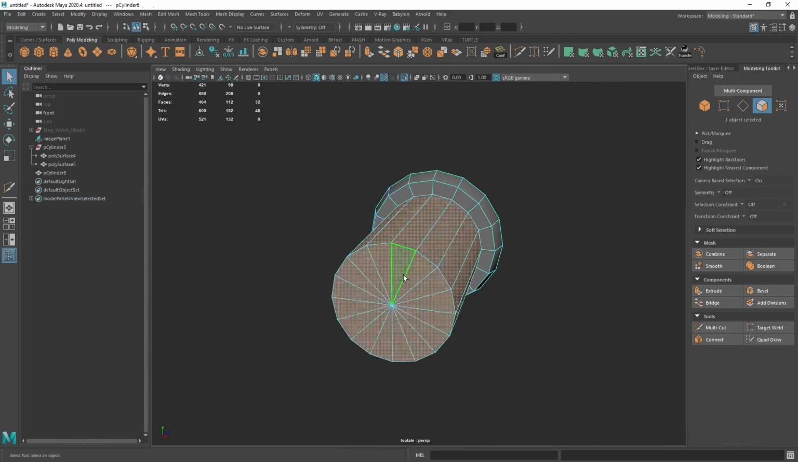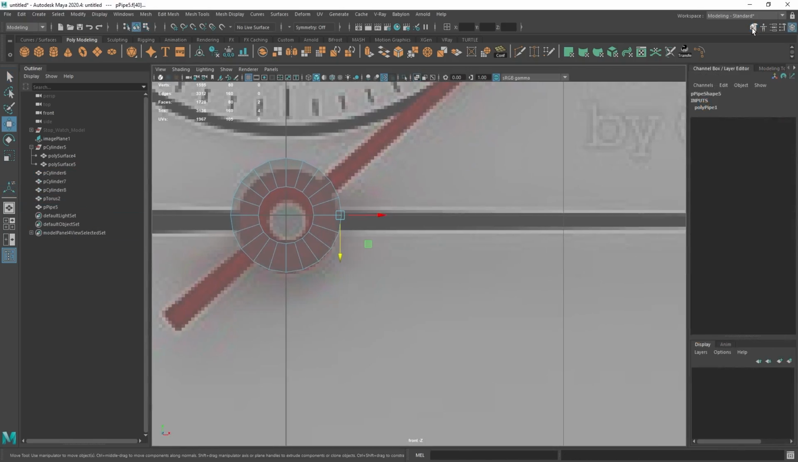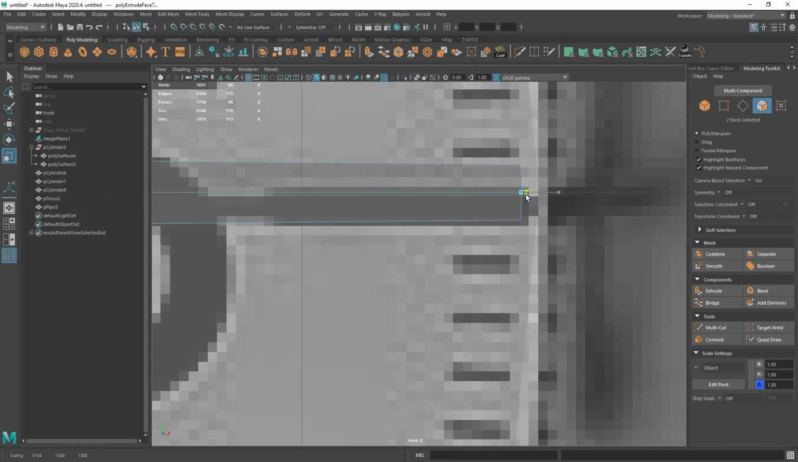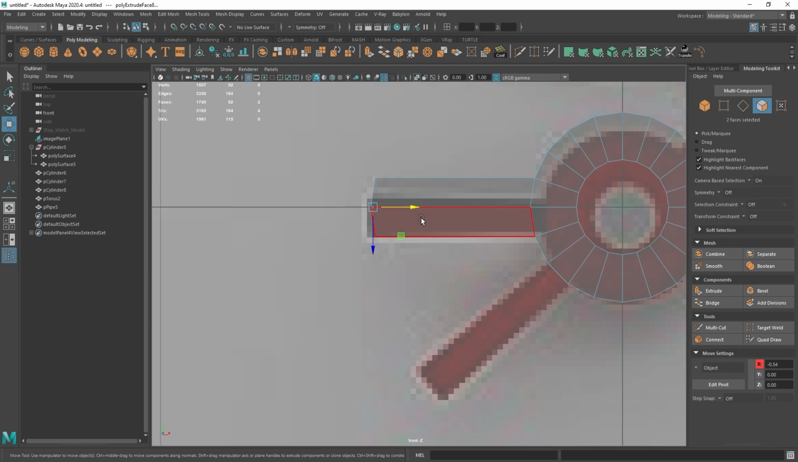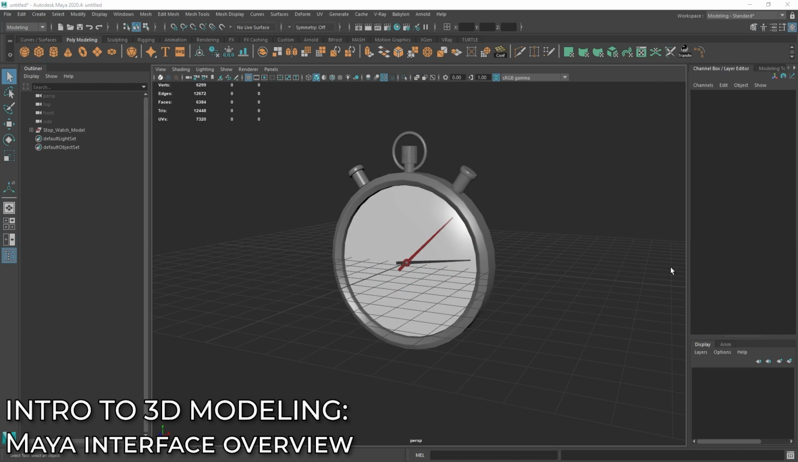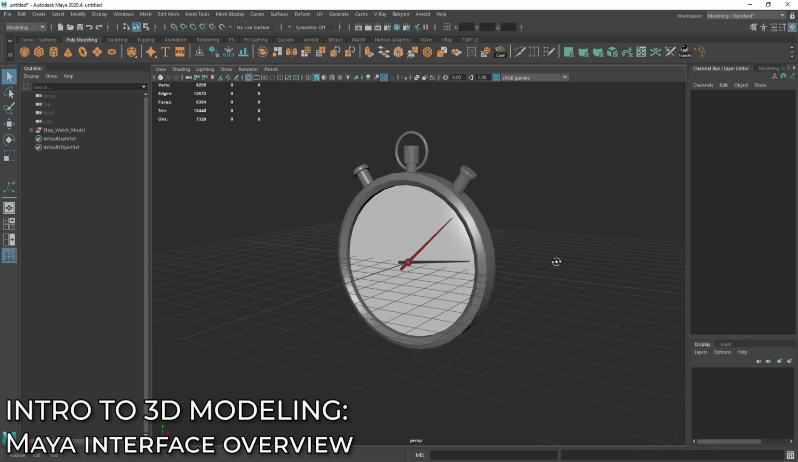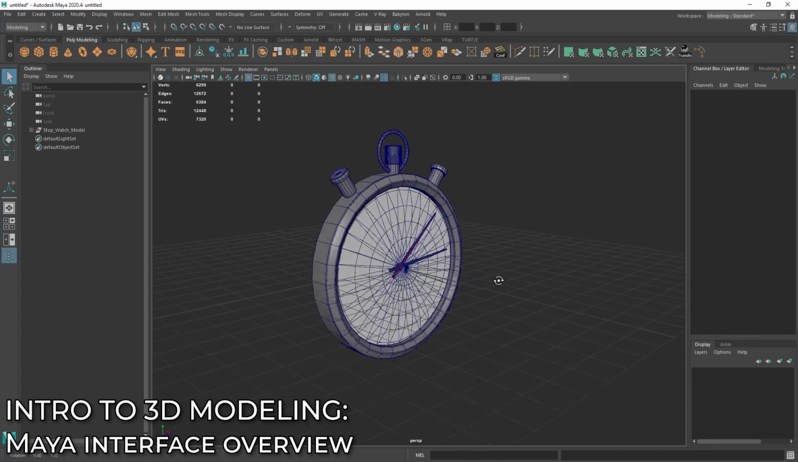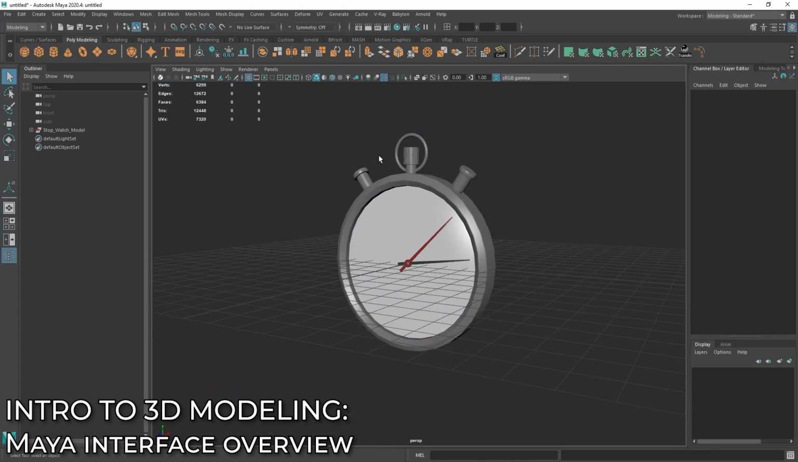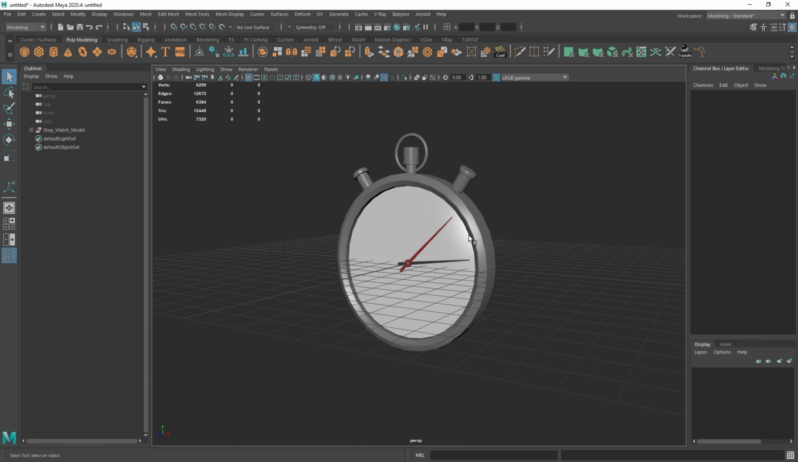I will be using Maya 2020.4 in this tutorial, but know that these workflows can transfer to any 3D software. So let's get right into it. So here we are in Maya, and you can see we have our stopwatch model, which we will be creating in this tutorial. Now, the first thing that I want to cover is the Maya interface. So if you are already comfortable with the Maya interface, feel free to skip to the next chapter, which is